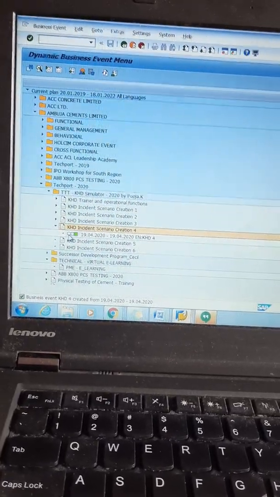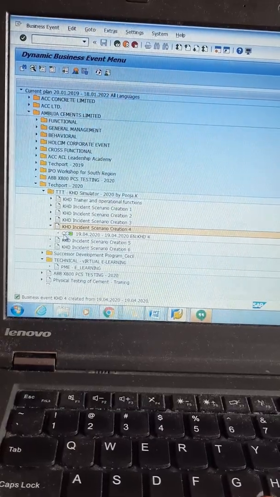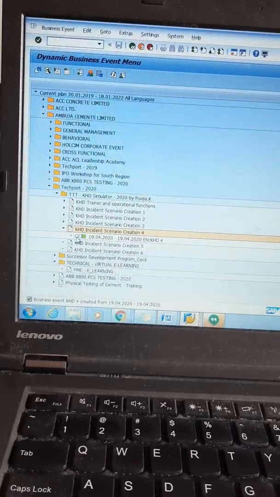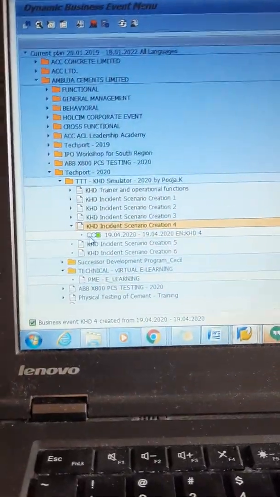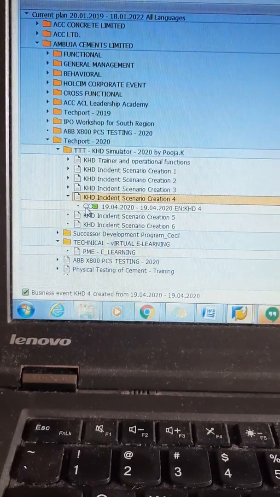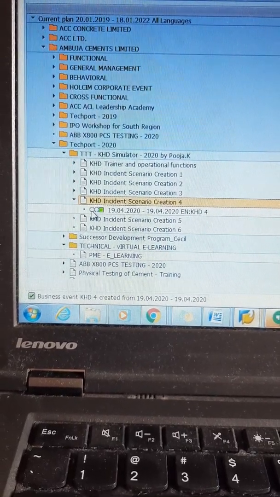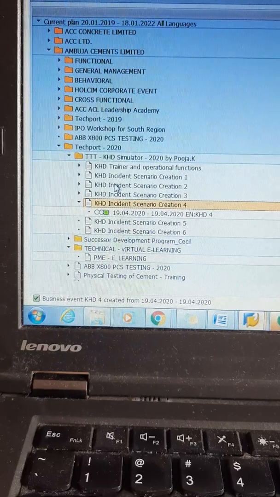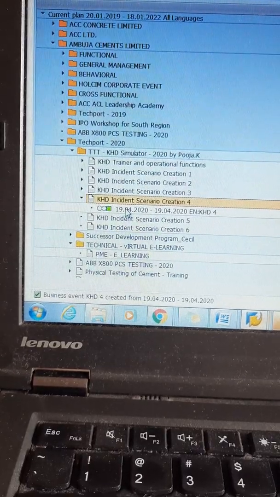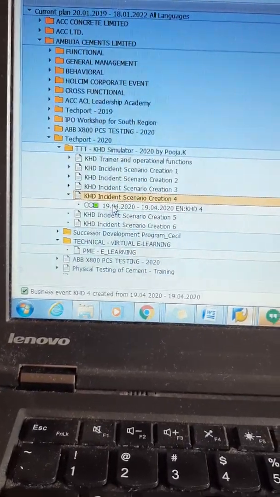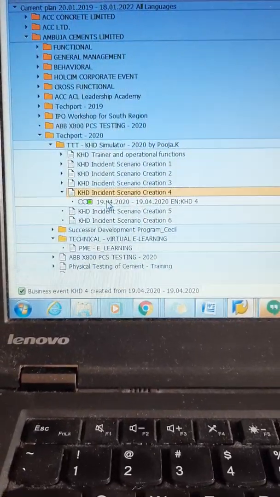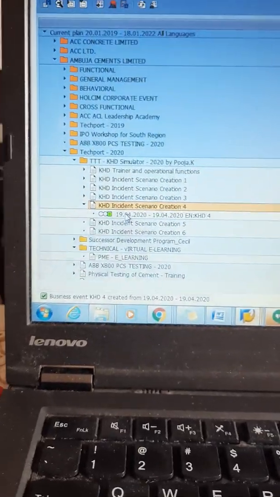So ensure before creating an event type how many training records are to be added for this particular program. As and when you start uploading, you will get used to it, so that you need not remember every time. Always keep the data ready. For example, first the training name, which for me is the KHD incident training, and the training date, when the training is going to happen, how many people, and the list of participants. Any data you will always keep in an Excel file.